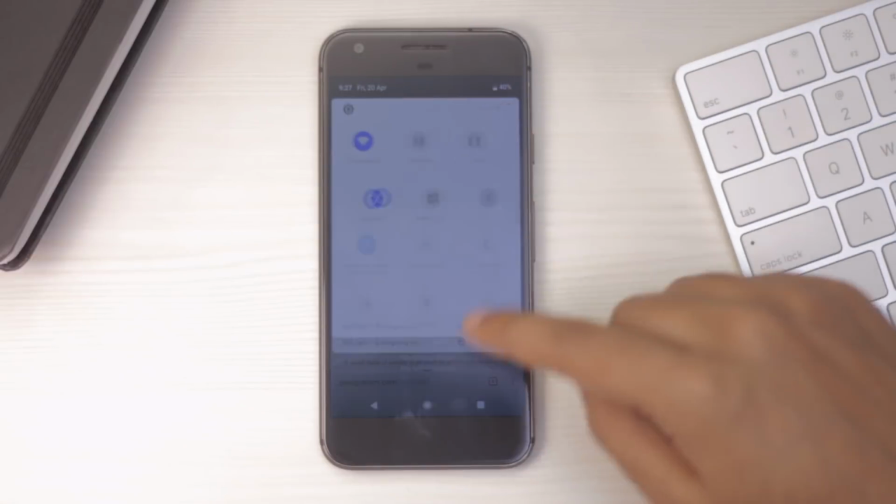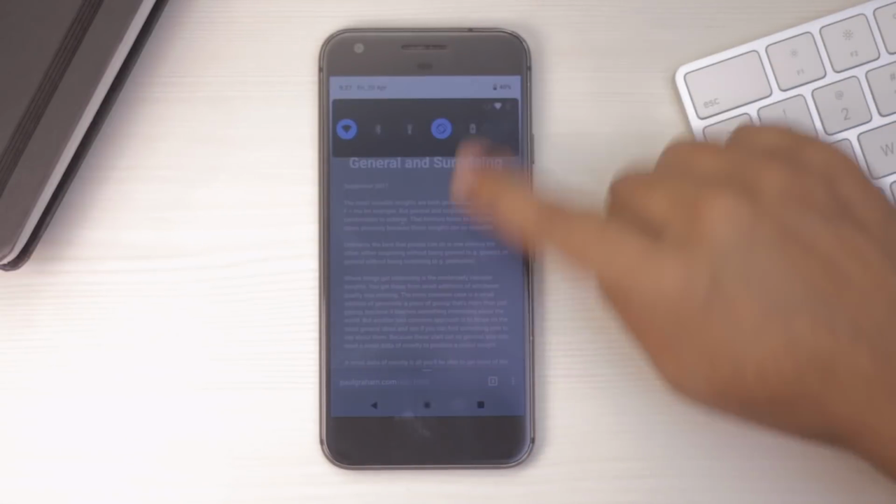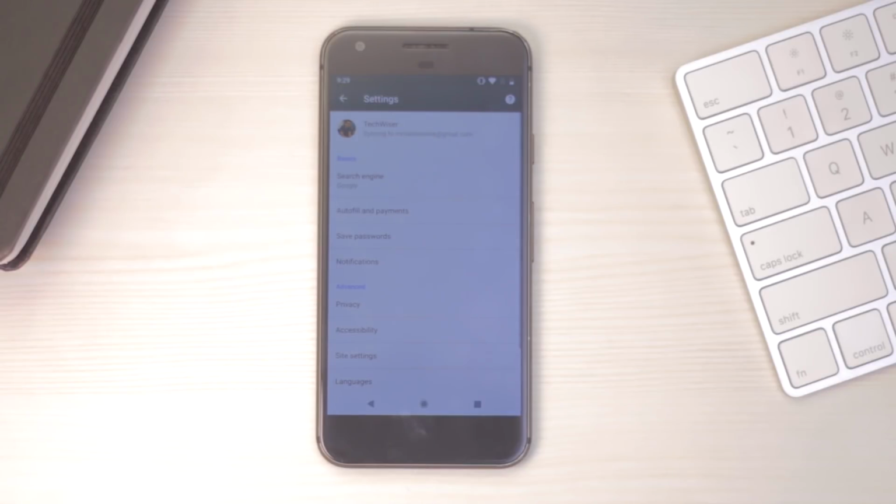Chrome doesn't have a dark mode. On my Pixel, I used to turn on the invert color option, but there's no such option in Redmi Note 5. Now, I could have used a third-party application like night mode, but wouldn't it be awesome if I can get this option natively? Chrome still doesn't support dark mode, but there's a workaround.